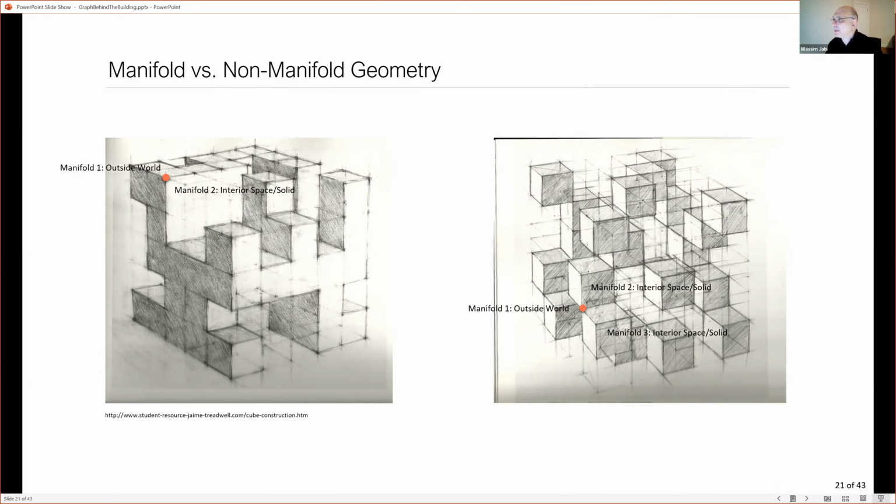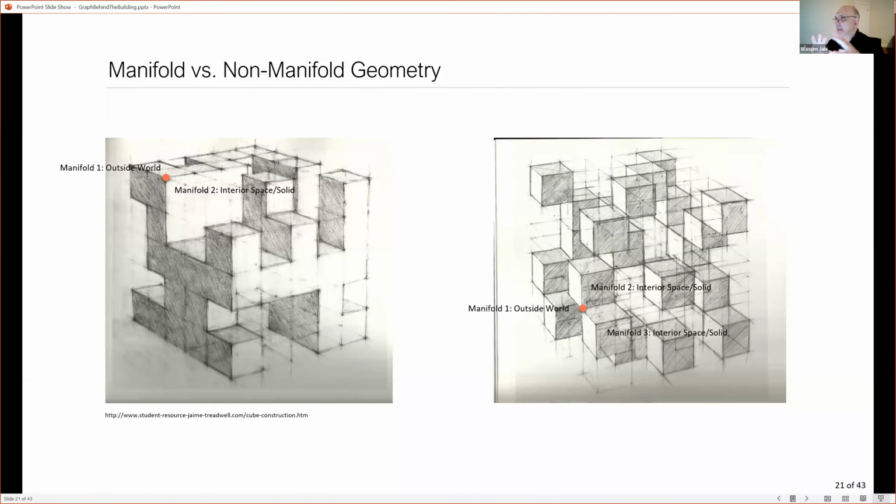What does that help us with? Imagine that I'm trying to do an energy model and I need to find a surface that subdivides one space from the other space. I need that surface to be inside my building and not duplicated. I don't want two surfaces because I will have to match them, right? I just want one surface. And I want to know that on this side is an office and on this side is a corridor. That situation, especially the edge of that surface, is a non-manifold situation. So we need to use a non-manifold topology or non-manifold geometry in order to do our work in Topologic.